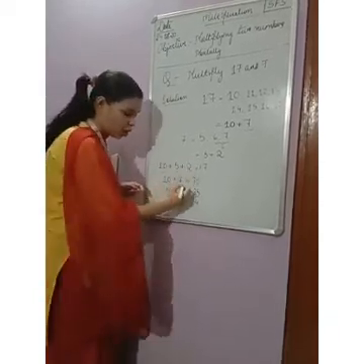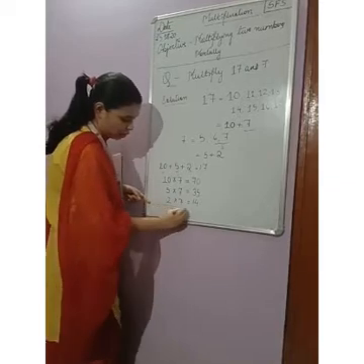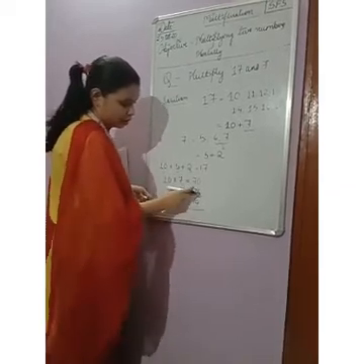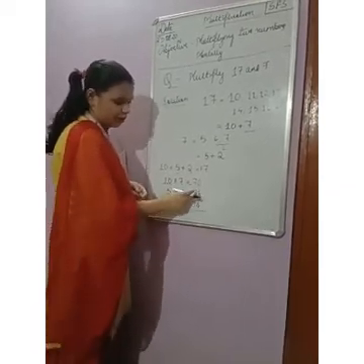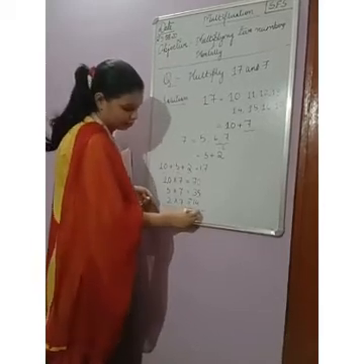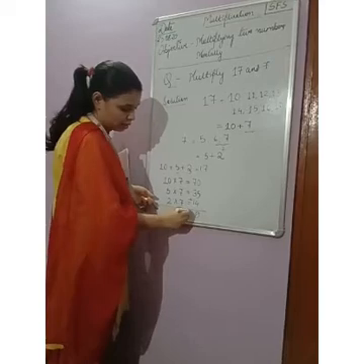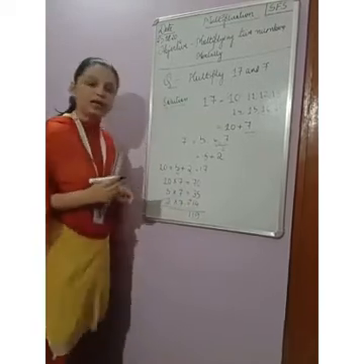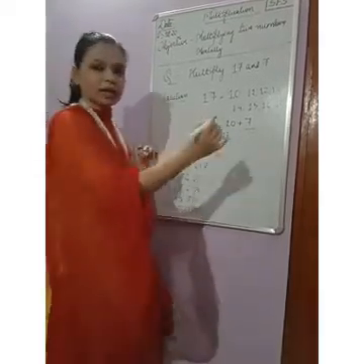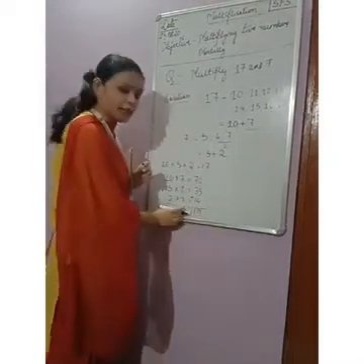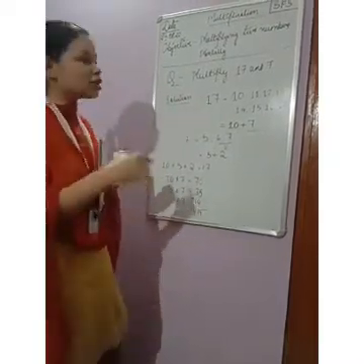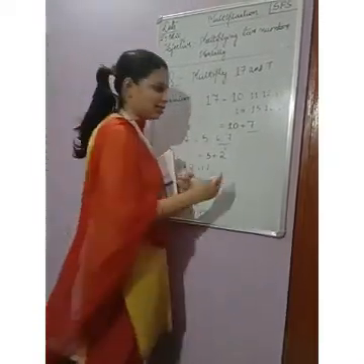Alright, now add all the numbers. When you add all the numbers, look here. You are adding the numbers. So 5 plus 4, 9. 7 plus 3, 10 plus 1, 11. I got 111. Now let us check. Okay, sorry, 119. Okay, so let us cross check what we are getting as the answer.